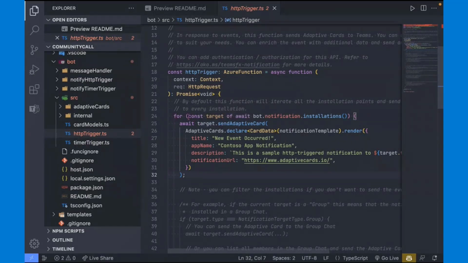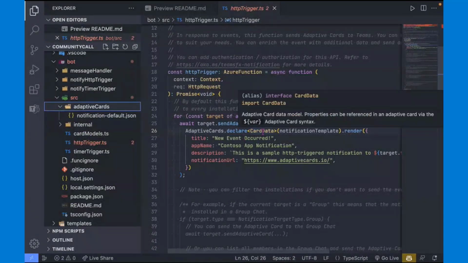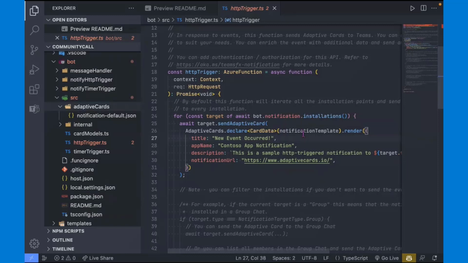To quickly recap what this code does: when it is run, it will get all the locations where the bot has been installed, loop through all of those targets, and send an adaptive card. If we take a quick look at that, we've got an adaptive card already created for us. We have a model for card data, which describes the shape of our data. We have a template, which is this notification default JSON file, and then we have the data that we can inject into that at runtime to render dynamic values.